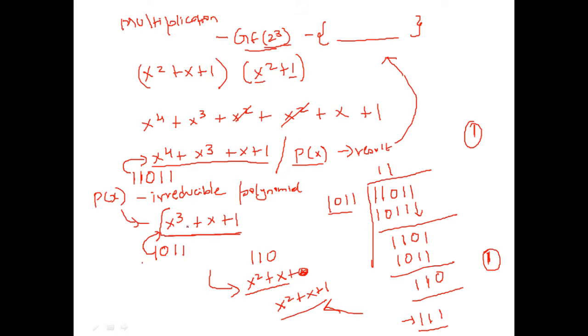Here we have taken x cube plus x plus 1. We're going to take this polynomial and divide it by this irreducible polynomial, so that we get another polynomial that is part of the set GF2 power 3. I hope you are now clear with how we perform finite field arithmetic, because we'll be using such arithmetic in Advanced Encryption Standard when you're going for multiplication, addition, or division.